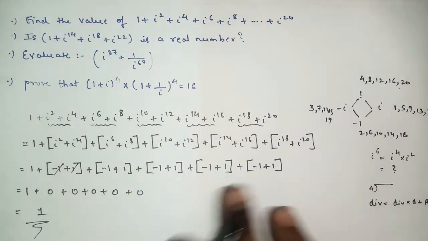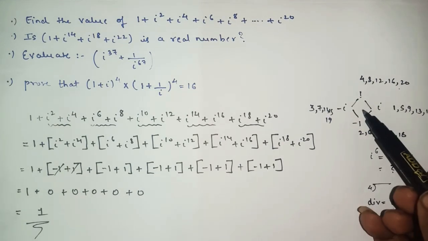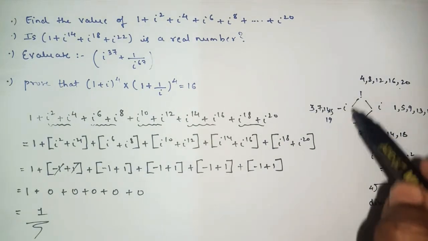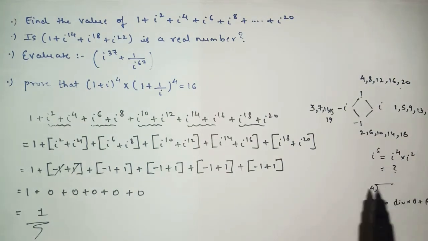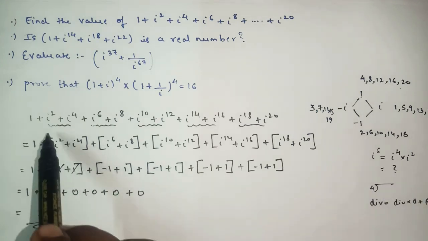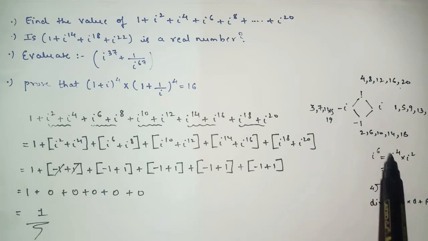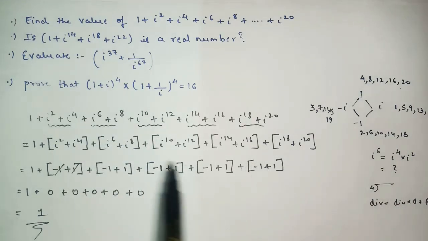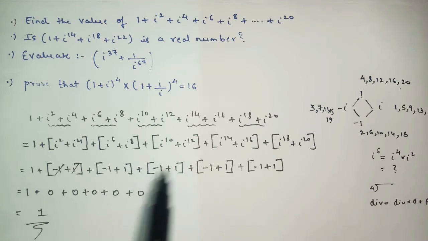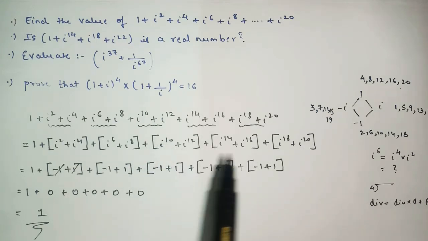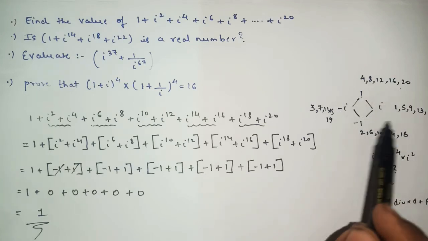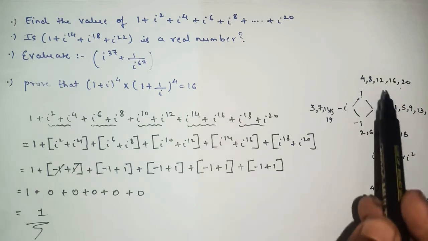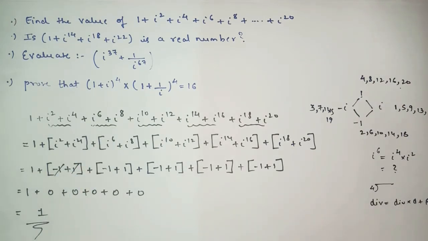There are 3 different methods in which you can find your answer. Simply substitute the value of i by using this trick, or break the number. If you stick with the other two methods, it will take too much time, as you have to break the number for each and everything, like i raised to 6, i raised to 8, i raised to 10. As I told, whenever the power of i is less than 20, using this basic, simplest concept, you can find your answer in just a fraction of a second. Substitute the value, you will get the answer. Understood?